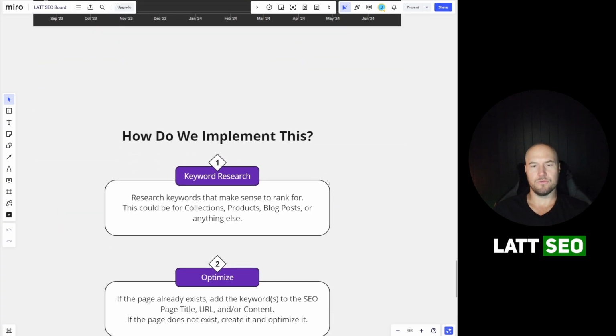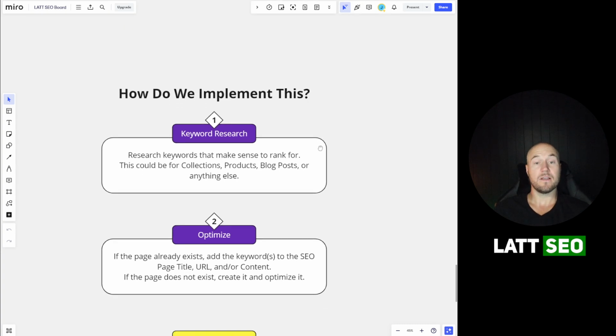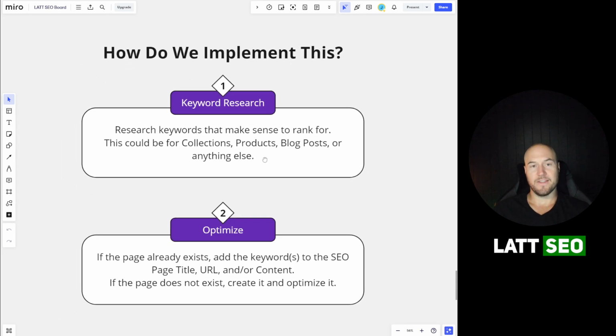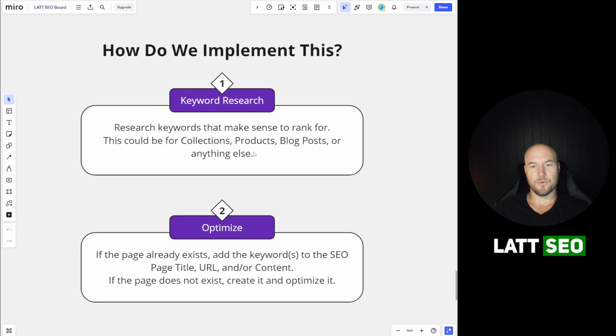Now, how can you implement this, and how do we implement this? There are a couple different ways to do this, or a couple different factors, I should say, that are important for this. The first is keyword research. You need to make sure that you're focusing on and optimized for the best keywords from a traffic perspective and also from a competition perspective. So research keywords that would make sense for you to rank for. And these could be keywords that you optimize for your collections, your products, blog posts, other content on your site. But whatever the case is, the keyword research process needs to come first so you know what you should be